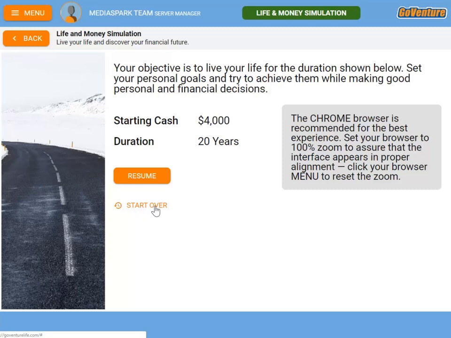If your trainer or facilitator who created the group has turned this option off, then you will not be able to start over unless they either manually reset your account, which they can do, or they may give you a different group number, and when you're given a different group number, you may be able to start a fresh simulation. Every group is completely different, so when you are given a different group number, you're essentially starting fresh in that group. So let's go ahead and resume.